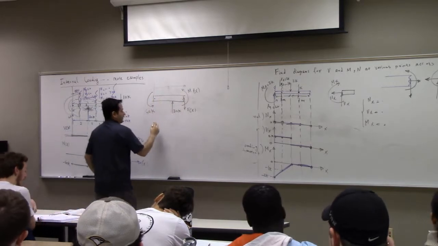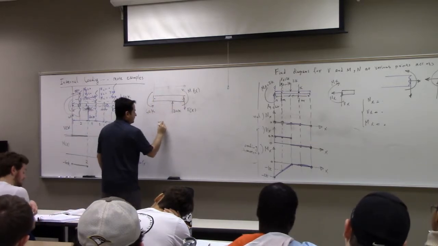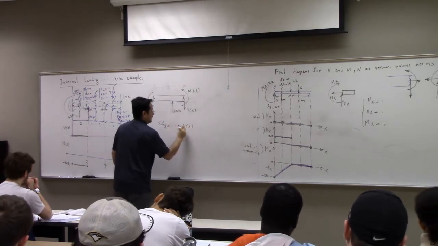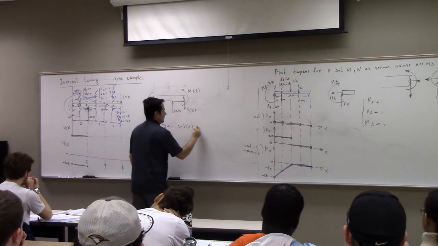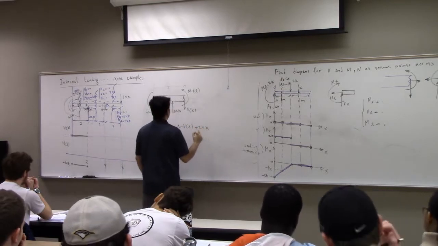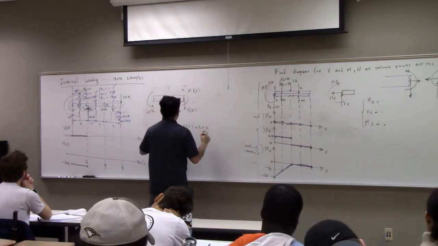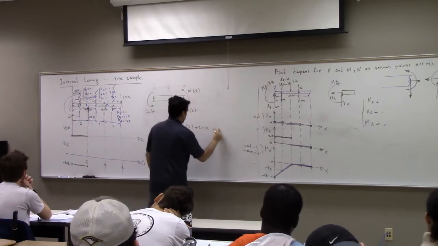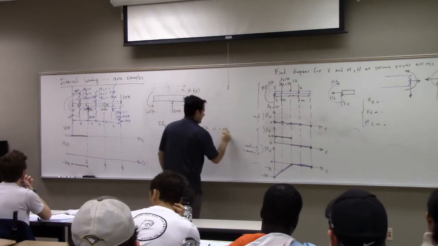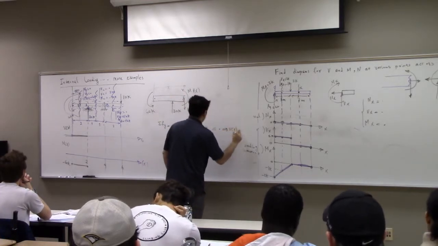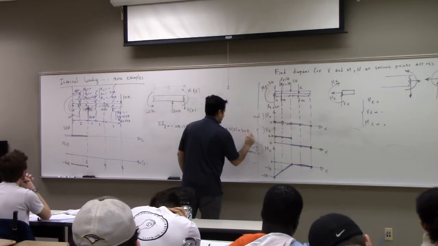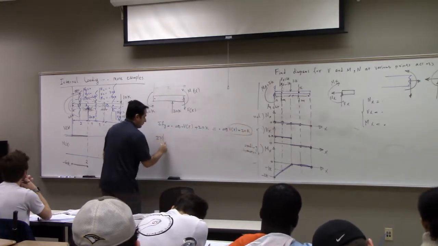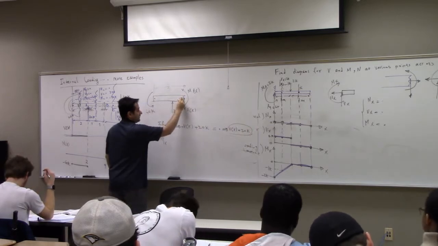So again, I write the summation of force in y equals 0. You get Vx negative plus 20k, and this is just simply moment. So negative Vx plus 20k is 0. So Vx, the shear load, is 20k. And now you go to the moment, summation of moment about point x, which is just this point x, right,